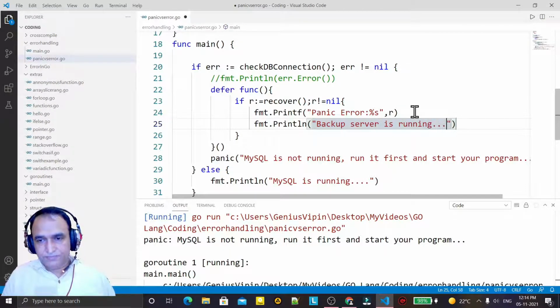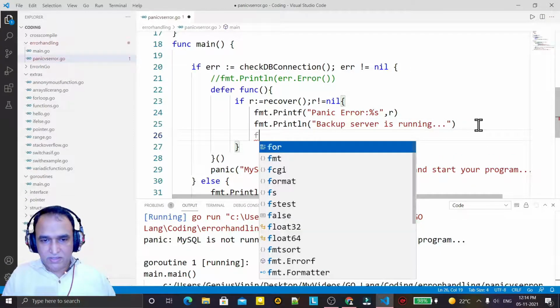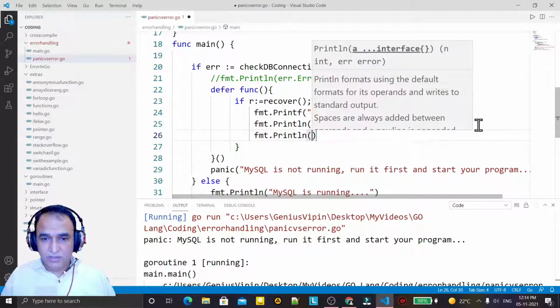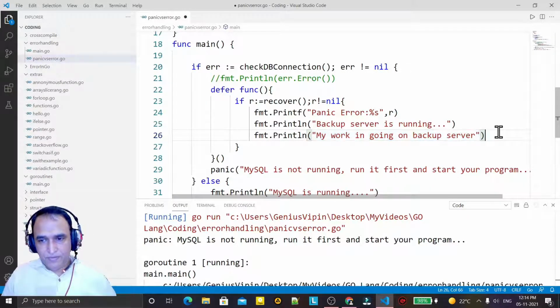And now I can do my own work. I can say that my work is also done. I can call another function here, and I say my work is going on the backup server, like this, no problem at all.